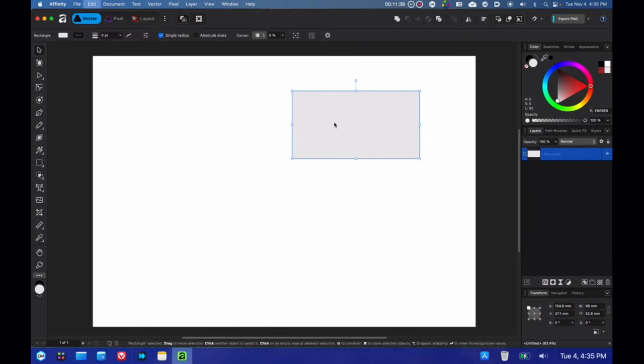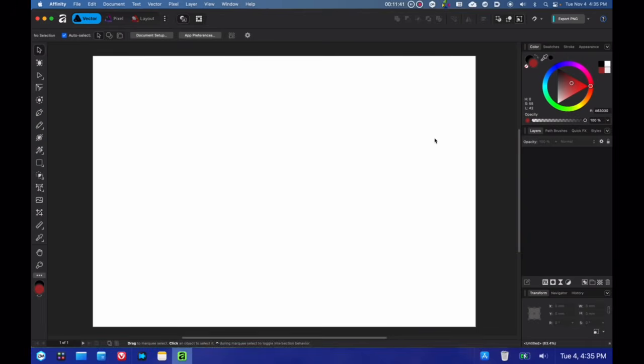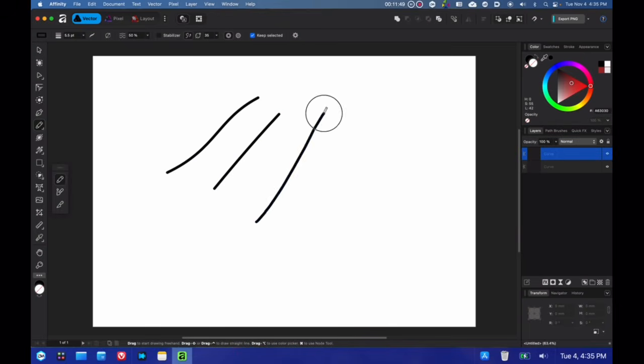And another thing that you'll notice for new Affinity users is the layers panel. When you draw several strokes, you see you create a new curve automatically, whereas a lot of vector designing software are usually organized in what's called parent layers, and whereas these would be the child layers, which would be inside.